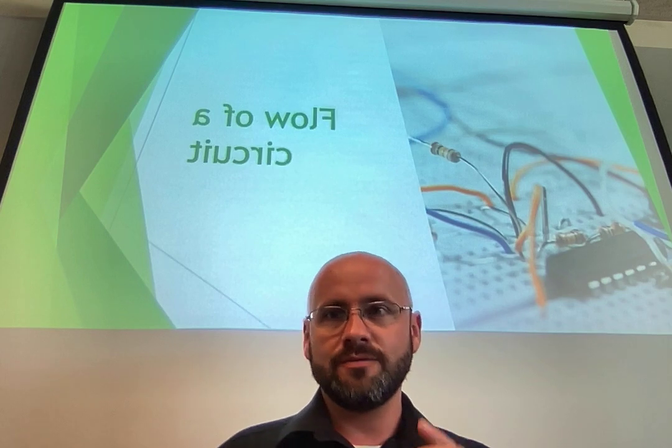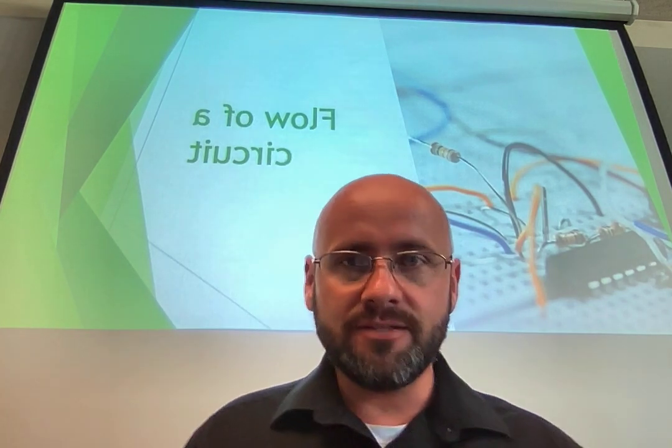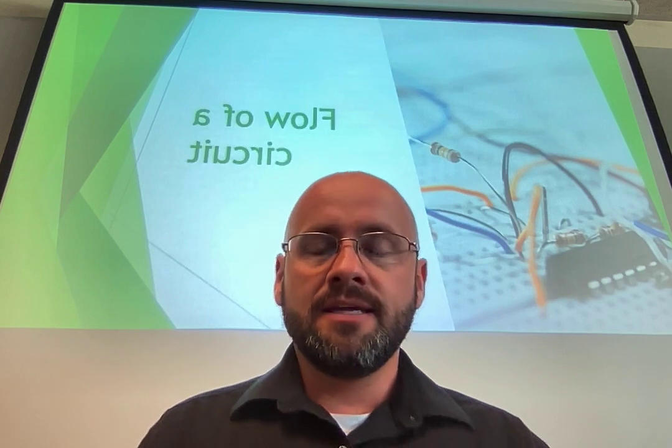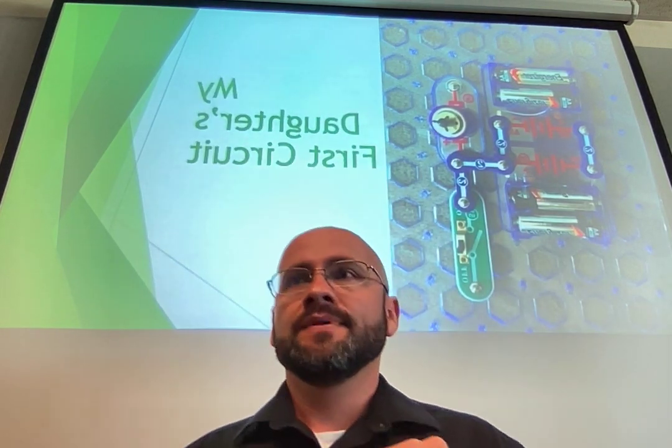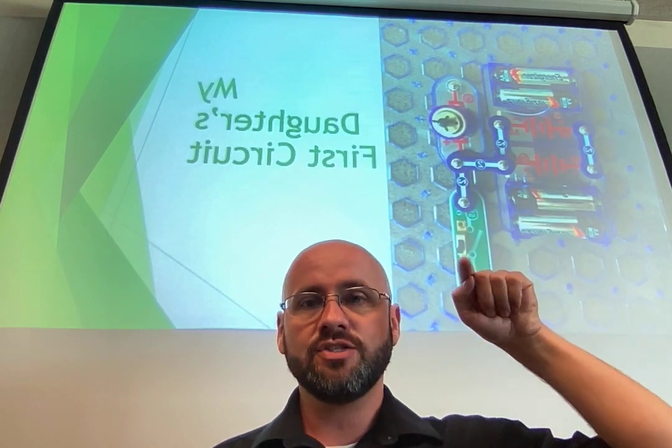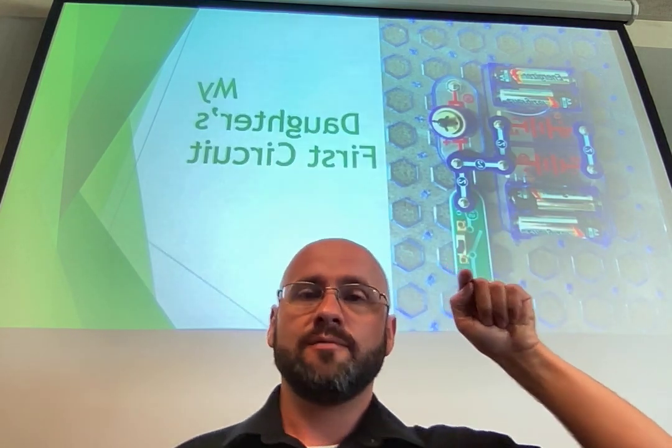We're about to get into some circuitry now. I don't have a PhD in electrical engineering, but I do know a couple of things. And I have this circuit set that my kids play with. My daughter takes the set, and this is what she designs. So on here, there are 4 batteries. There's a motor, and there's a thing, not in the picture, that goes on top of that and spins around, and then when you turn the motor off, it flies up into the air. Over to the side is the switch to turn the power on and off.